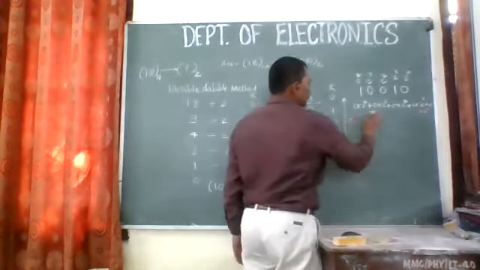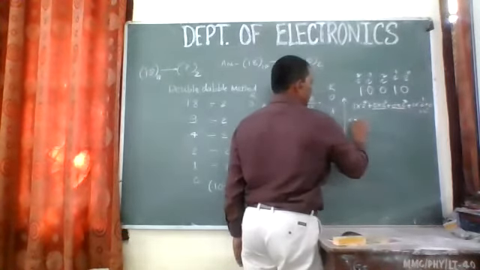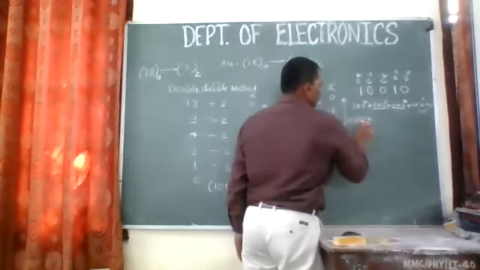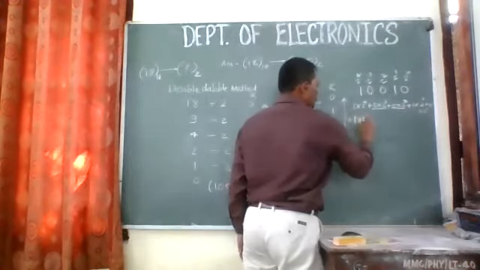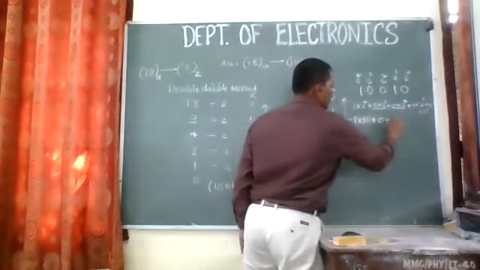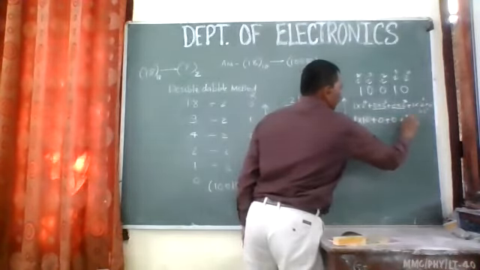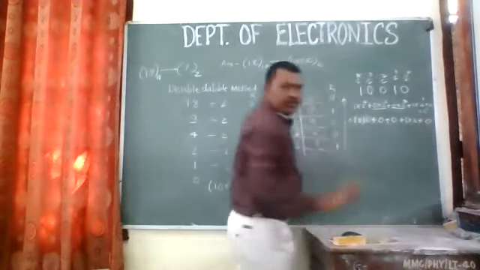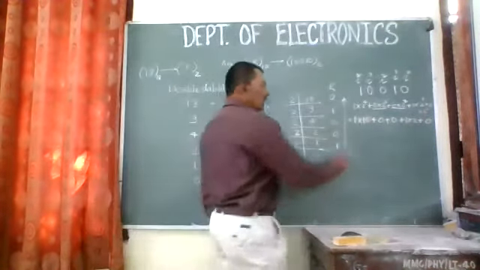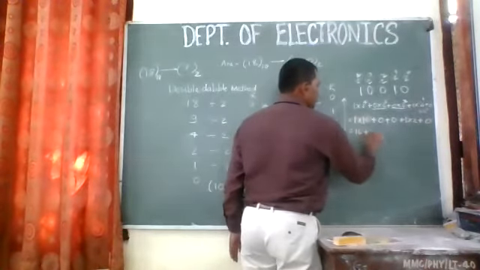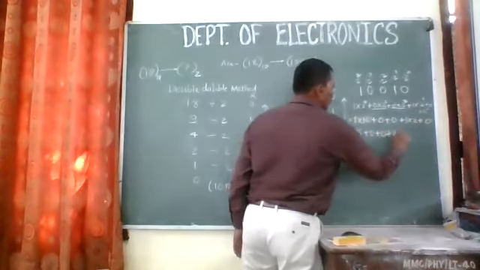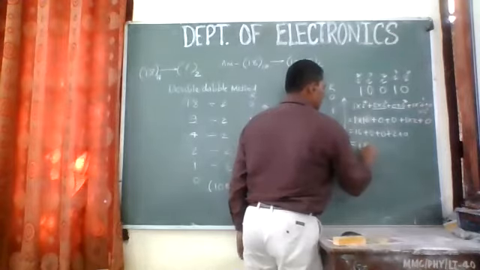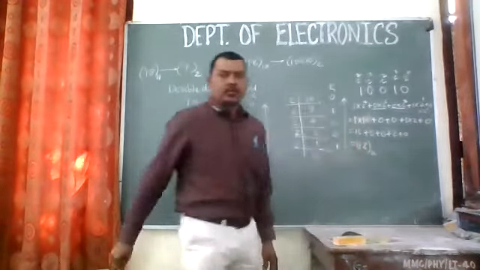Now add them. So these are 0, 0, so I'm not writing that. This is 1 into 16, plus 0, plus 0, plus 1 into 2 raised to power 1, which means 2, plus this is also 0. I guess that is visible to you all. Again, add them. So this is 16 plus 0 plus 0 plus 2 plus 0. So 16 plus 2, that is 18. And this is the decimal number. Likewise.